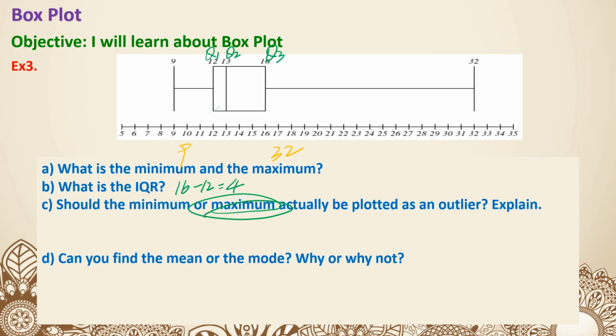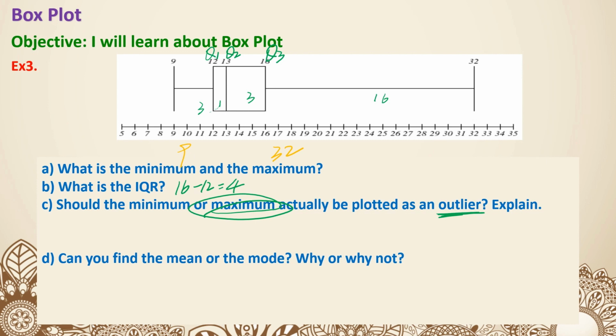This is the first quartile, which only has a range of 3, then the second quartile range of 1, third quartile a range of 3, but the last quartile has a range of 16. That quarter is so big compared to the other 3 quarters, which is why that 32 is very far away. We will learn a specific way to identify the outlier in later lessons, but for now, at least by just thinking about the range of each quarter, you could guess that 32 should be